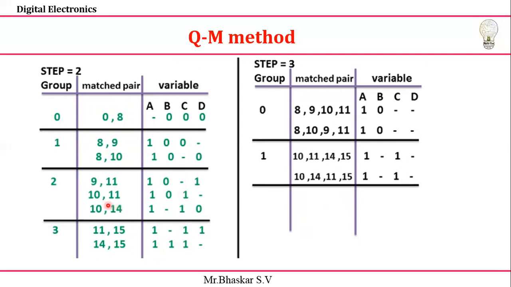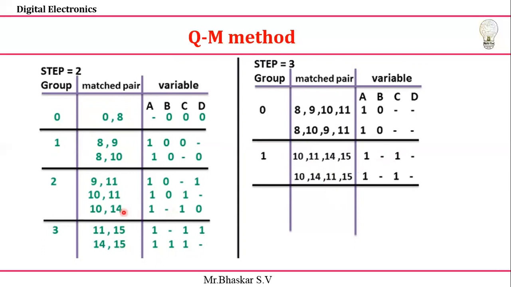Next option is 10 comma 11. For 10 comma 11 you have a hyphen here. Just check this dash with respect to the final one. It is possible, yes, these two are possible. But see here it is 1 and 1. The third bit and first bit are the same, then only the second bit is changing. That's why I'm going to take it as 1 dash 1 dash. I can take it for 10 11 14 comma 15.